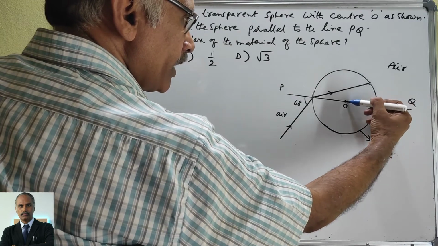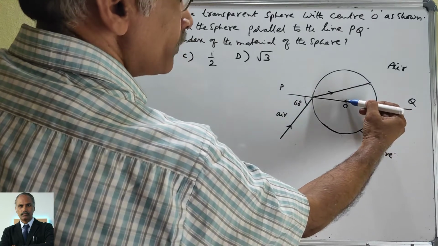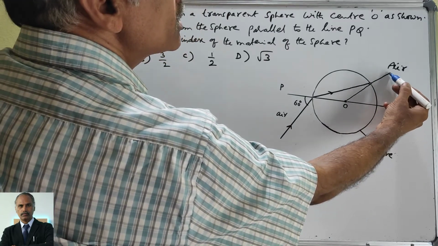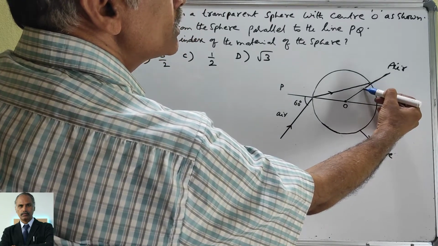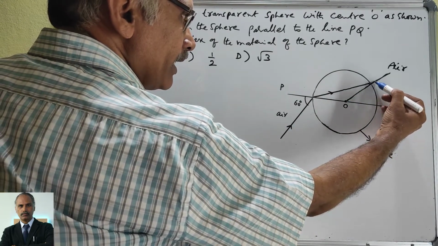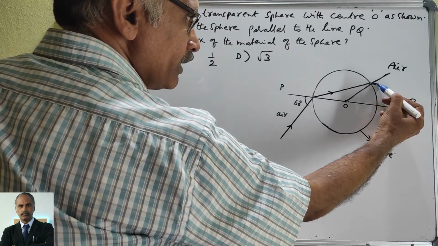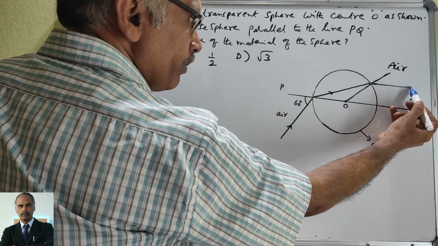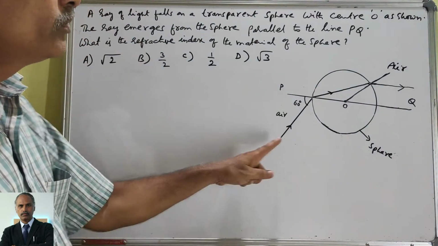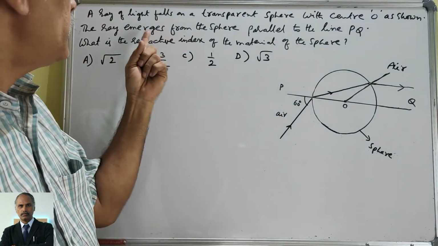Normal means you have to draw a line from the center of the sphere. This line drawn from the center of the sphere is the normal here. So here the light ray, instead of going straight, bends away from the normal, and it is given in the problem that finally the light ray comes out parallel to the line PQ. So this is the ray diagram: incident ray, refracted ray and emergent ray, and finally the light ray emerges parallel